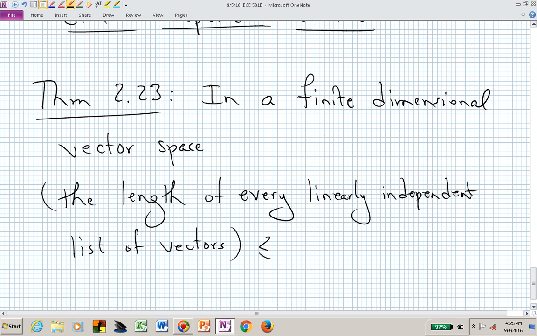So that's just the number. You just count. Let's say that somebody gives you a linearly independent list of vectors. You can count how many vectors are in that list. That's what we're referring to as the length of that linearly independent list. That numerical value is less than or equal to